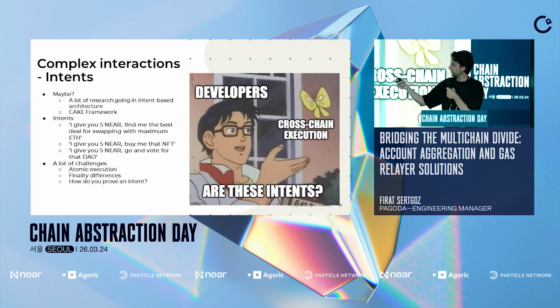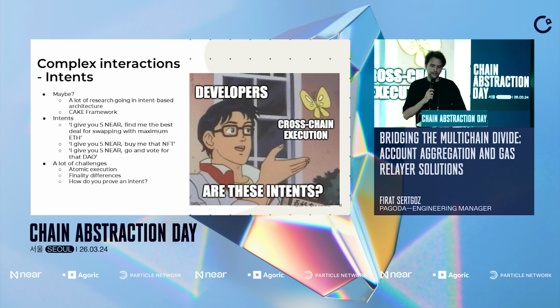We're a contributor to the Cake Framework, which has also been at ETH, where we had talks with them. And there's a lot of research going on our side to get an intent-based architecture going with multi-chain gas relayers. I don't want to call it gas relays at that point. It's almost like an intent relayer on any chain, but there are a lot of challenges that we're facing right now.